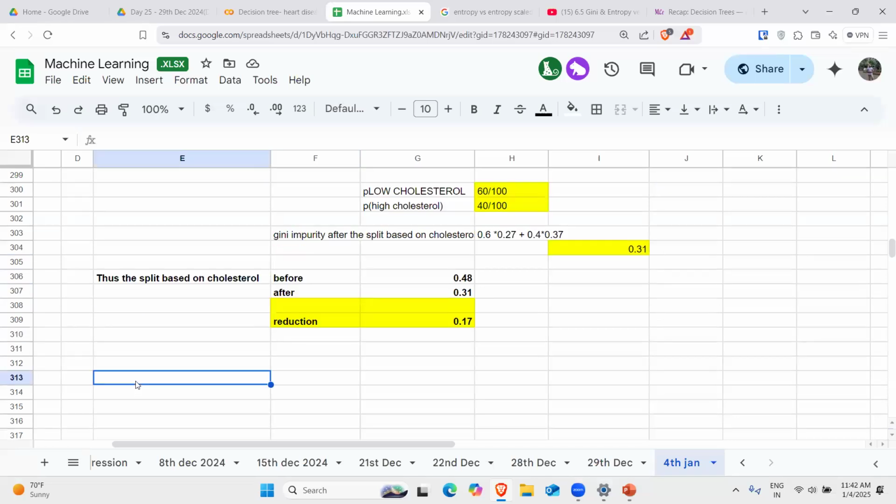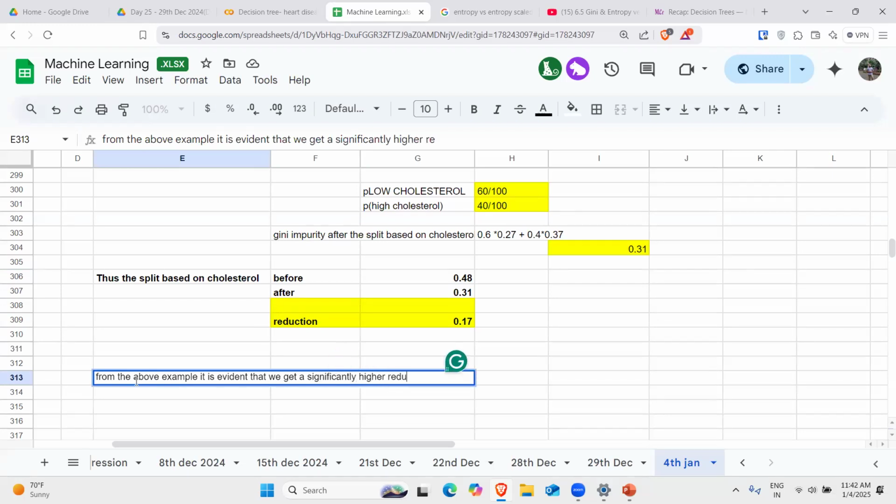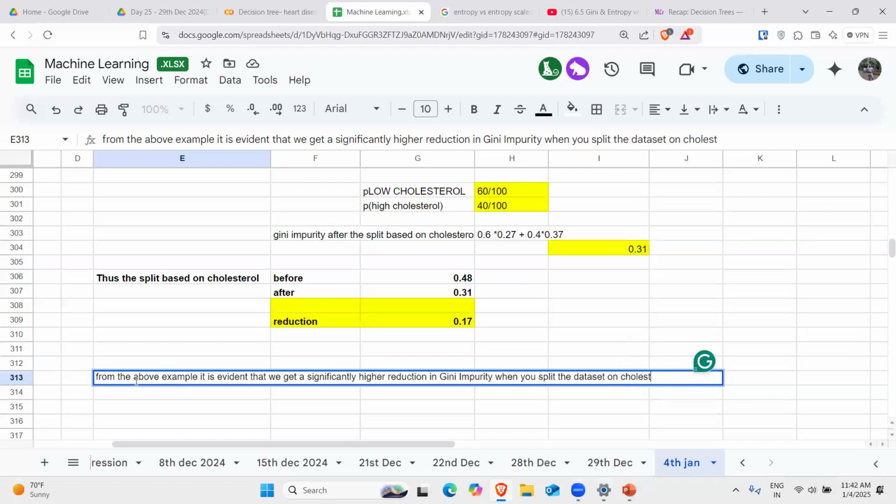Hence, from the above example, it is evident that we get a significantly higher reduction in Gini impurity when you split the dataset on cholesterol as compared to when you split on age,